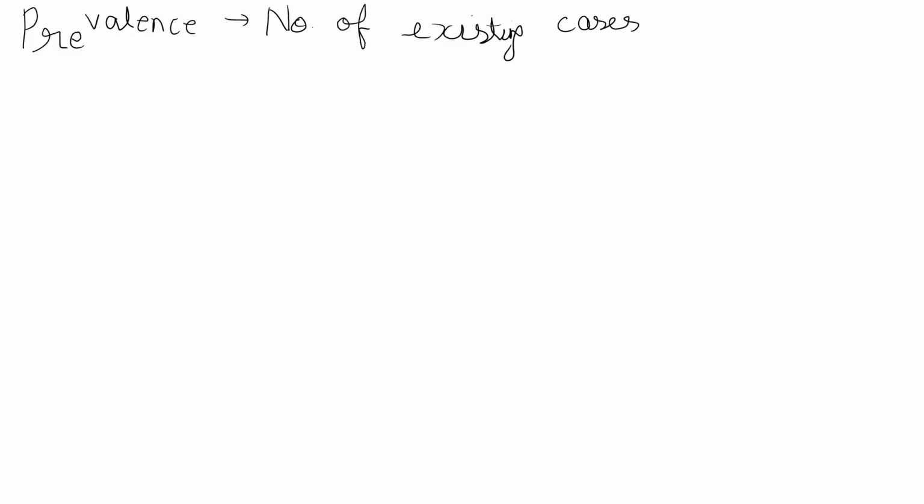What is prevalence? So today's topic is prevalence. How do you define prevalence? It is defined as the number of existing cases. This includes both old and new. This is important to remember here. Number of existing cases, old and new, in a defined population